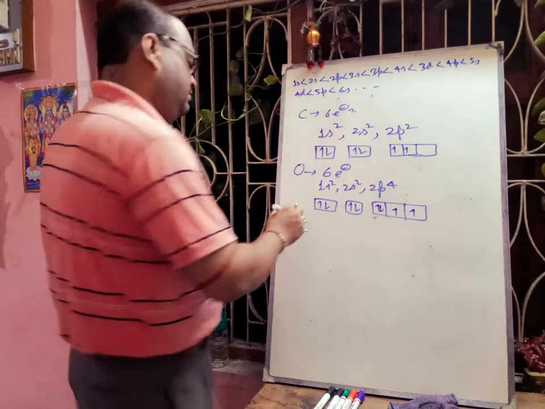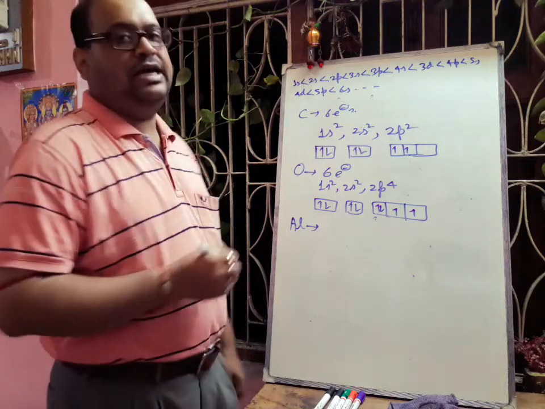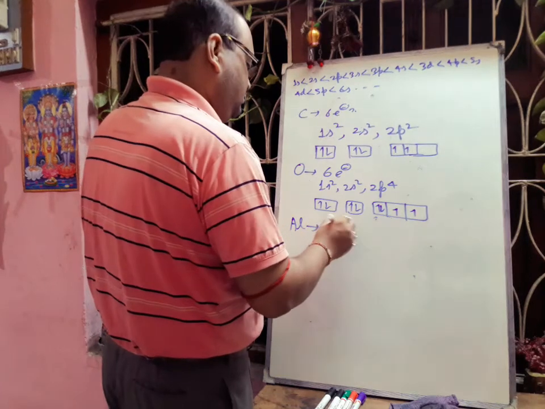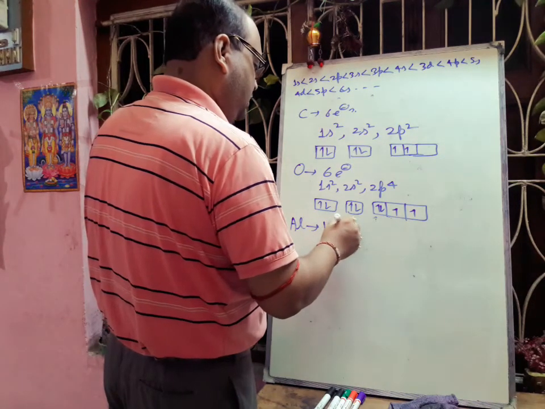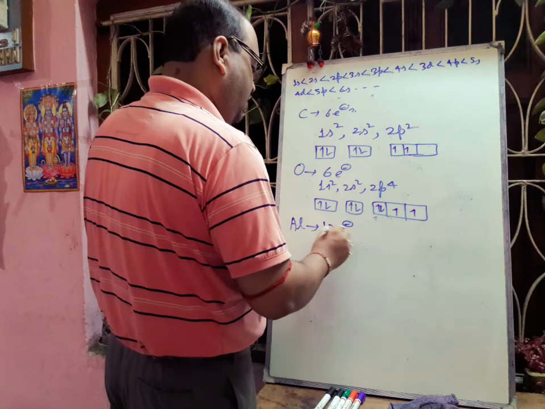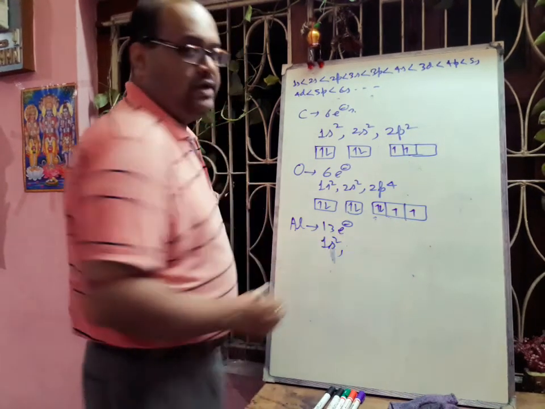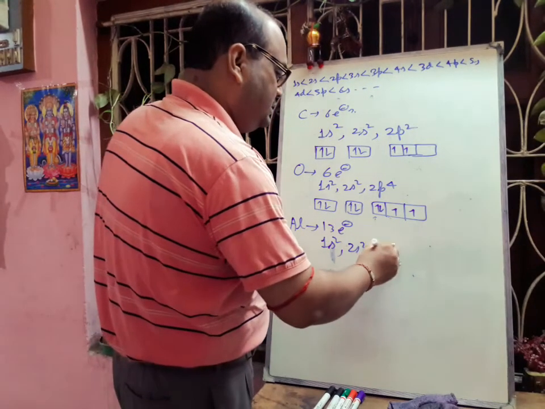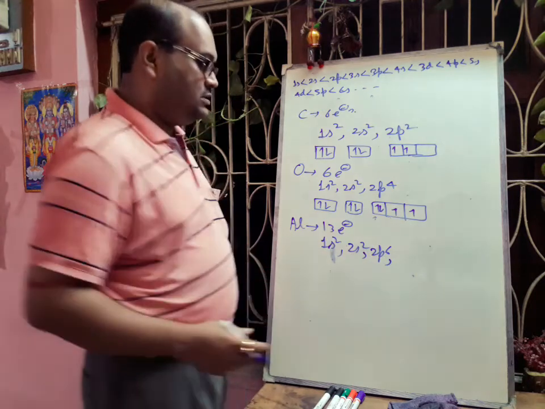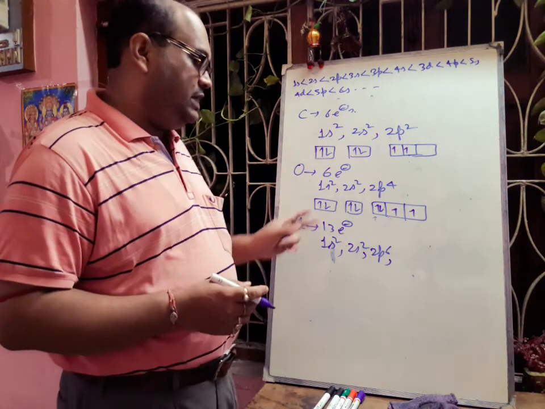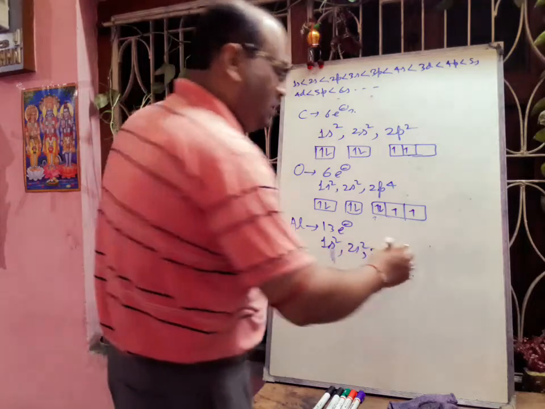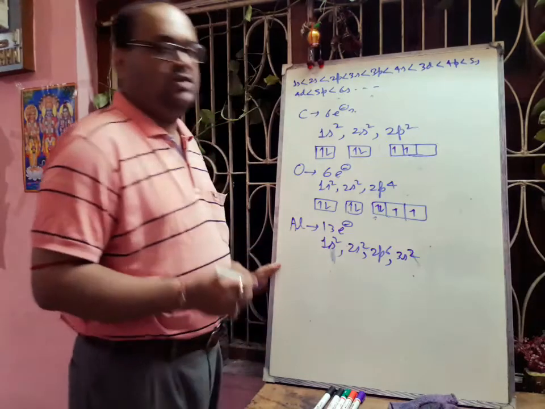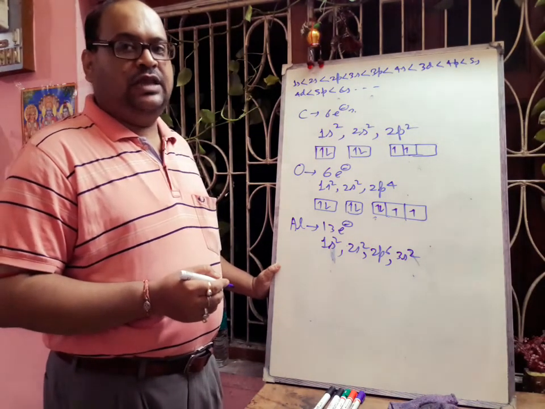If we think about aluminium, how many electrons are there? You know, the total number of electrons is 13. So its electronic configuration will be 1s2, then 2s2, then 2p6. How many electrons? 10 electrons gone. In our hand there are only 3 electrons. Then there will be 3s1, or 3s2? 3s2. Then there will be 3p1.